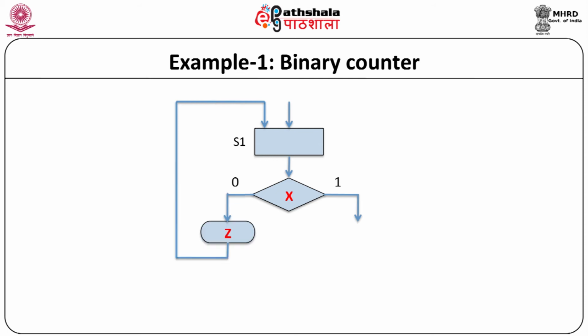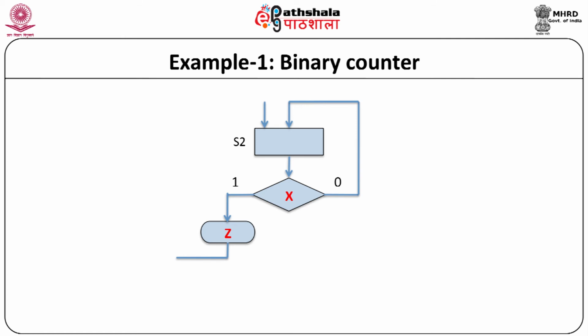Let us consider the present state of the state machine as S1. When input x is equal to 0, then the control is transferred back to the same state, which is equivalent to this self transition, and output is through conditional output box, where output z is equal to 1. When x is equal to 1, the output is z equal to 0 and the system leaves the second ASM block.